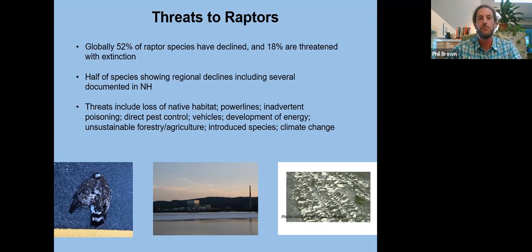So thankfully, raptors are now protected by lots of different laws. They're all protected species. You can't just go out blasting them away anymore, but there were actually bounties on some of these raptors until just a few decades ago. So thankfully, the conservation movement has helped, but they face other new threats. Climate change is one that comes to mind, which has all sorts of impacts that we're still trying to get our minds around and try to